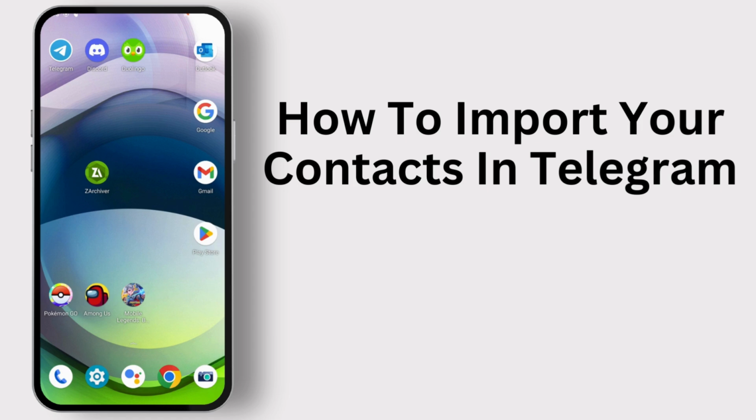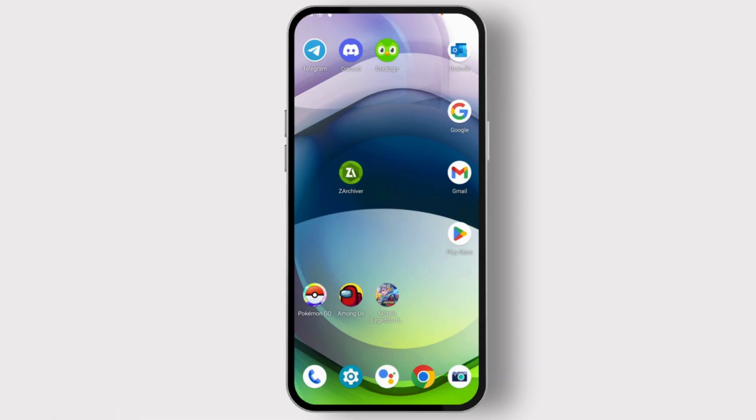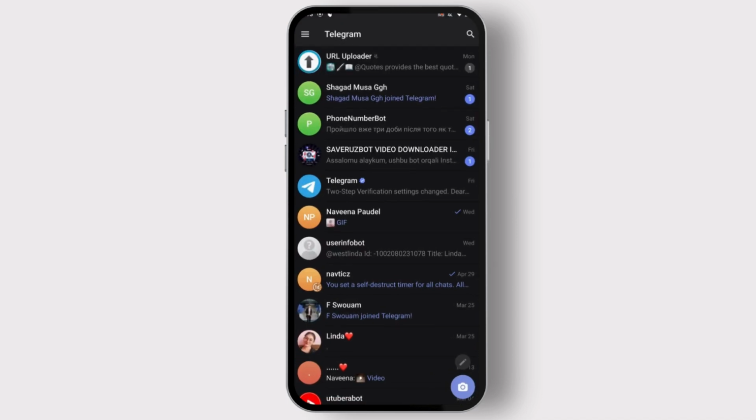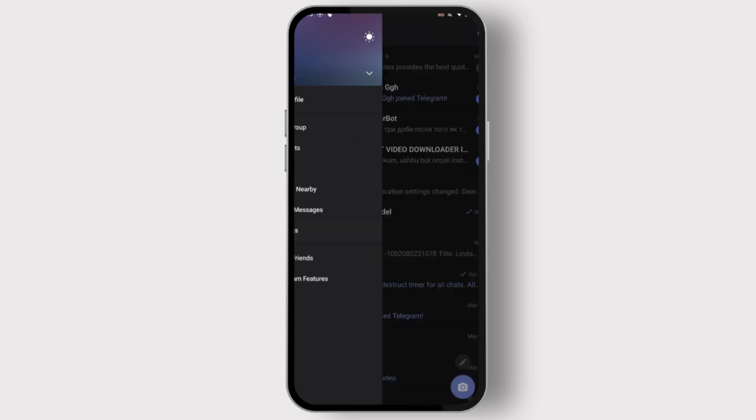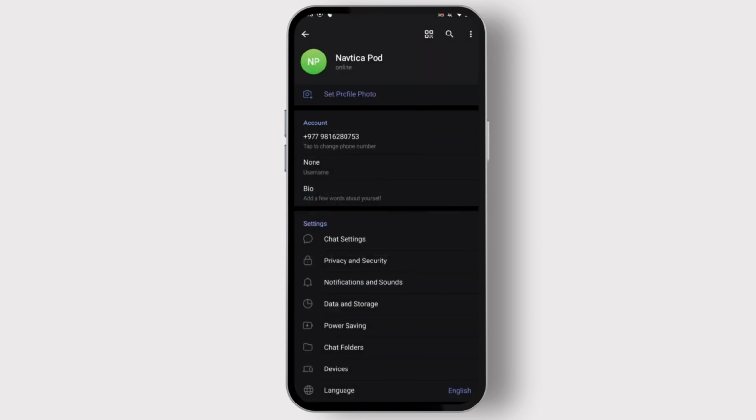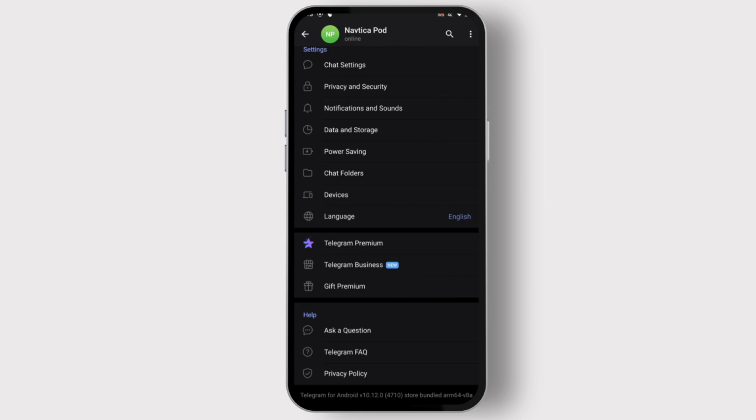So let's get started. To import contacts in Telegram, first of all, open up your Telegram application. After opening it, tap on the three bar icon on the top left, and then tap on the gear icon. After tapping on settings, just scroll down, and at the bottom you will find this option which is